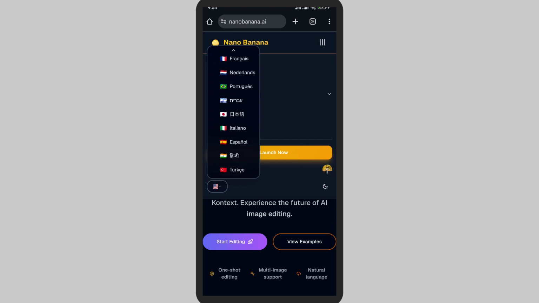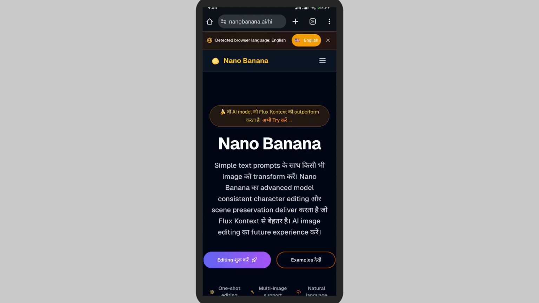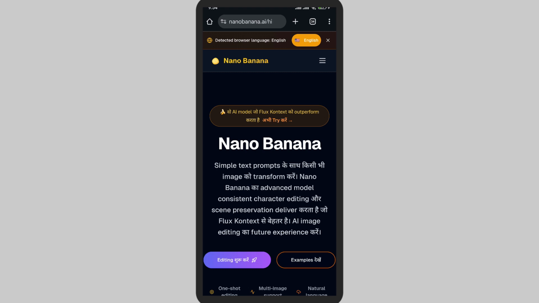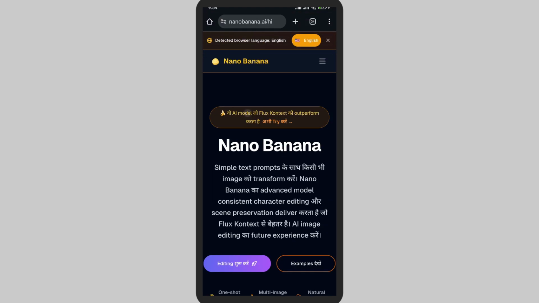Now simply tap on the language that you want to change into. So here I'm selecting a language. It will take some time, and as you can see, the whole interface is completely changed. So the language that you just selected will be applied, and as you can see, everything has been changed and